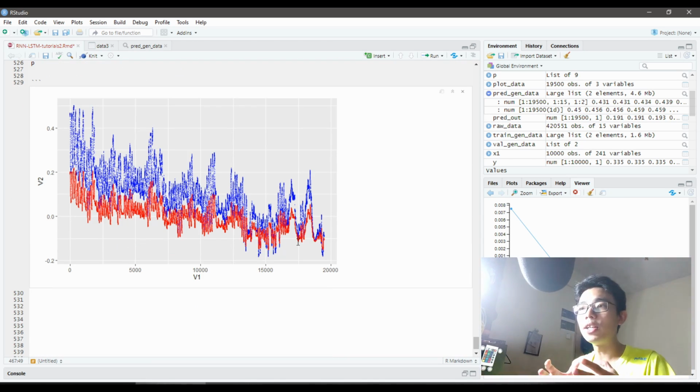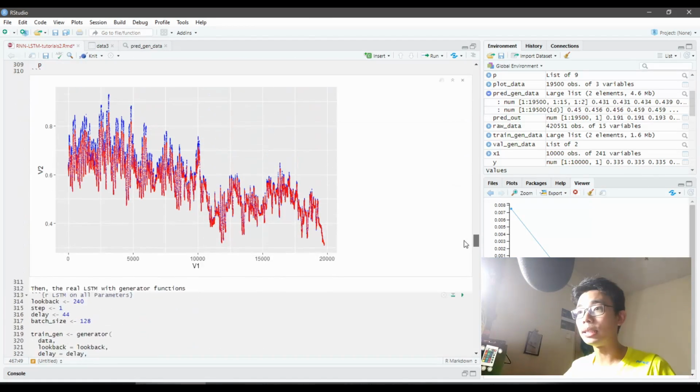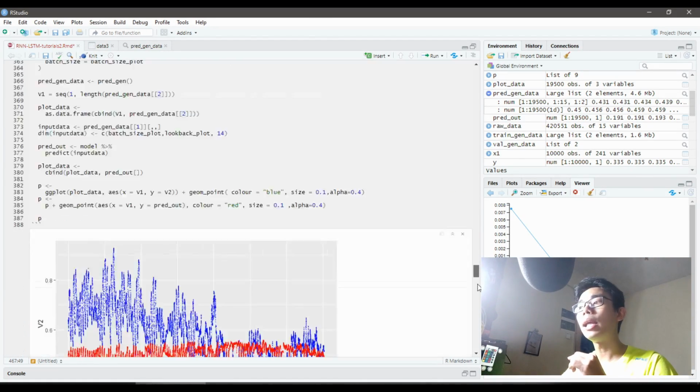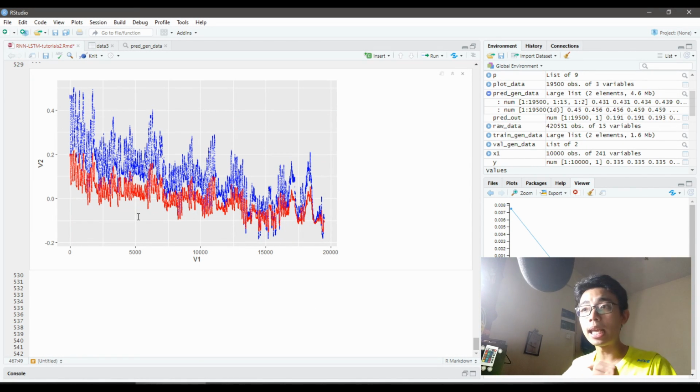You can see that even though it doesn't fit extremely well to the model that we have, it doesn't have a super close model fit as we had for the custom unrolling single layer LSTM just now. It might be more favorable because it is able to predict the trend. So when the original target goes up, it goes up. When the original target goes down, it goes down. So in certain